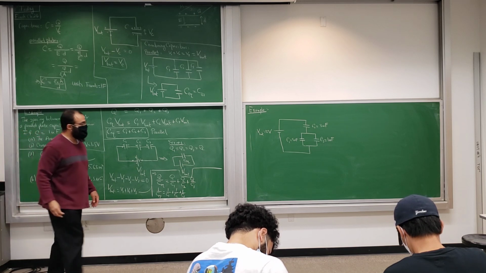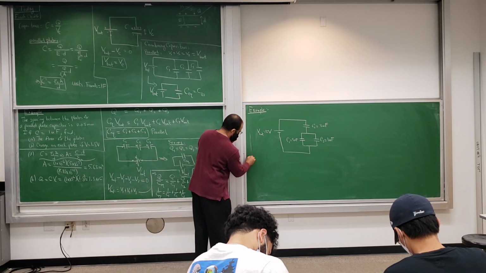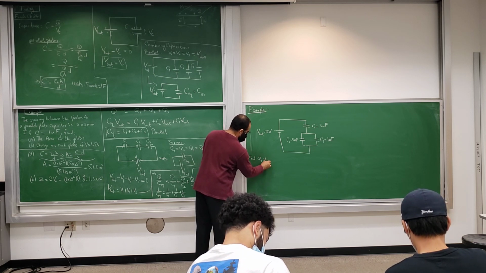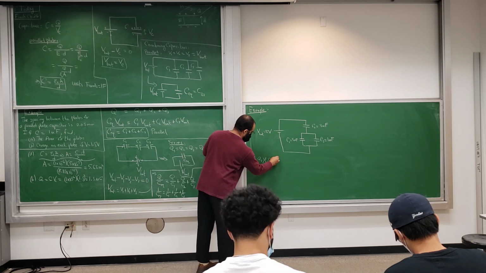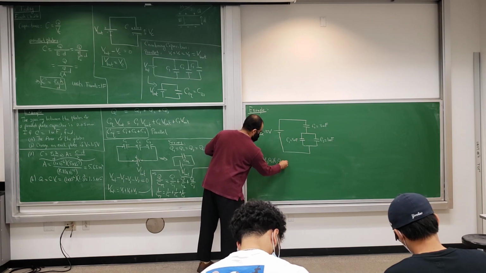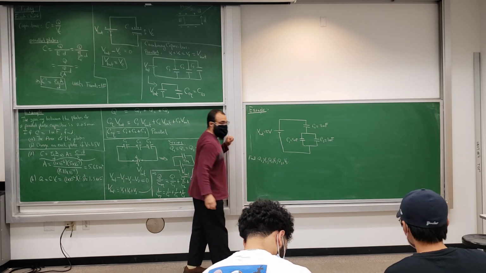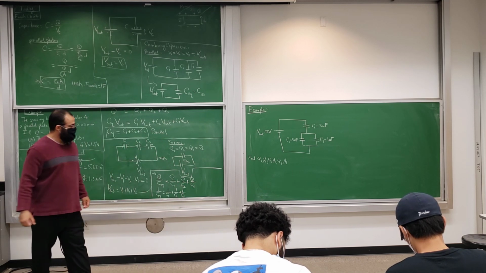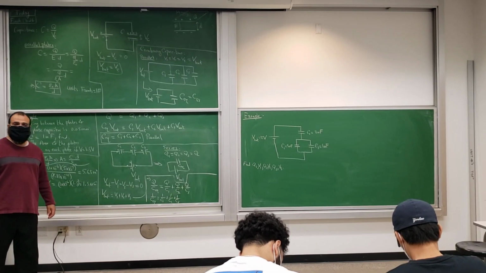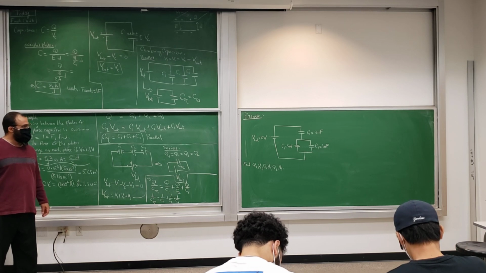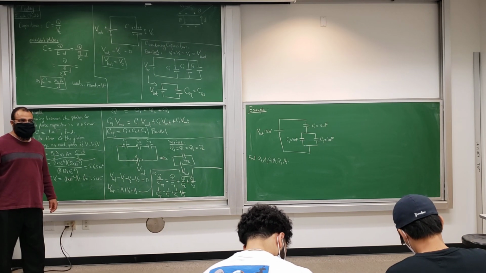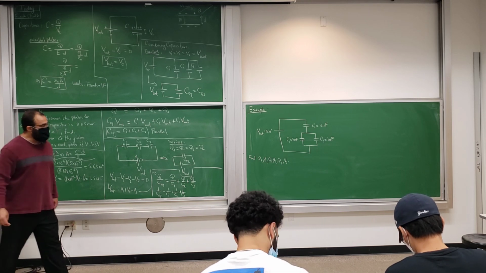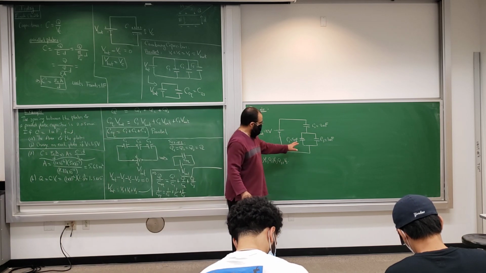Here's the question. Find Q1, V1, Q2, V2, Q3, and V3, meaning the charge and potential difference across each capacitor. All right? So let's find the charge and potential difference across each capacitor. Now notice, these two are in what